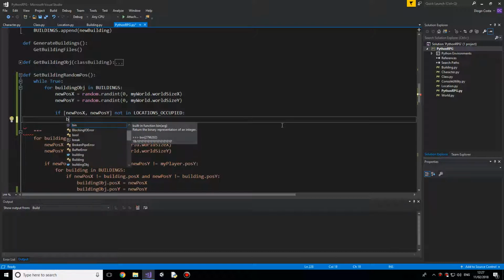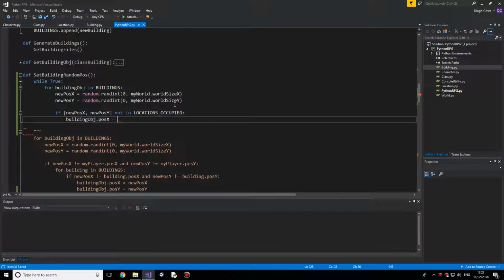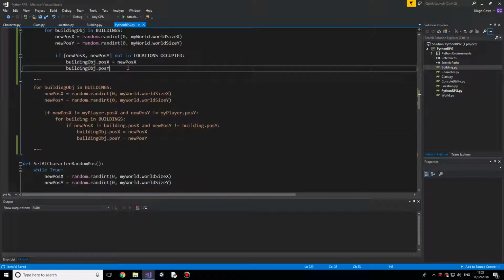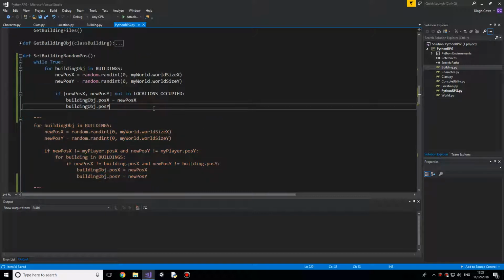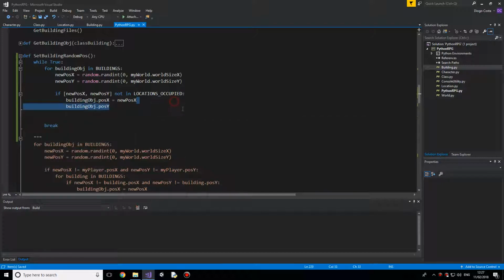Why do I have another loop in the uncommented? I'm trying to remember why I have that. Dot pos x is equal to. There's no set as well. Interesting. We can do it this way, it's fine. New pos x and building object dot pos y. The issue is